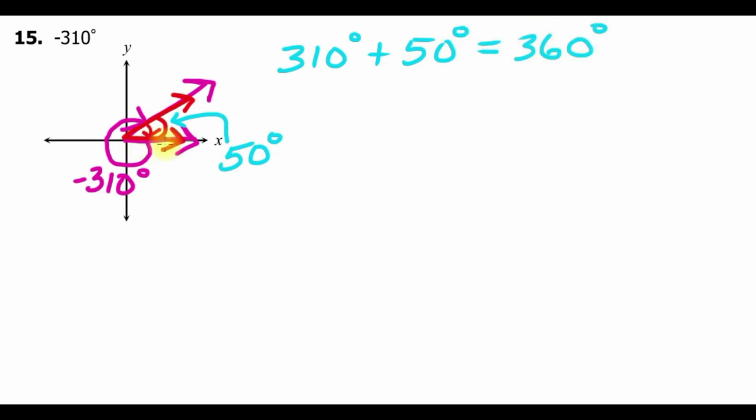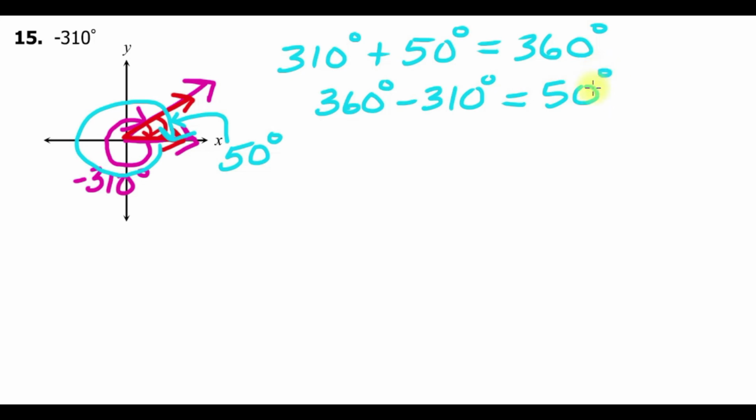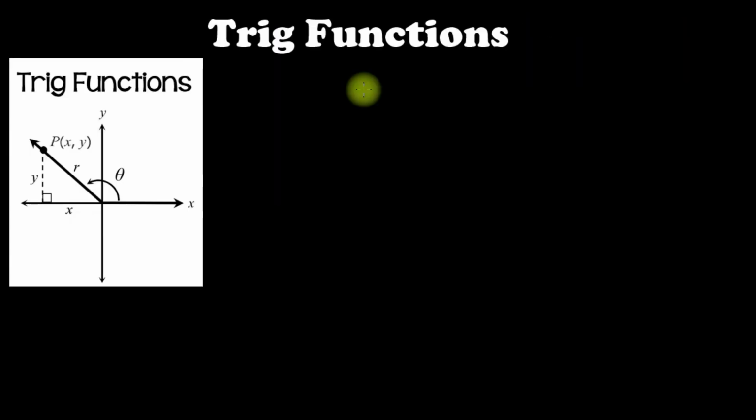Okay, if you rotate one revolution, that's 360 degrees. So if you take 360 degrees minus 310, that's how you come up with the 50 degrees. The last thing here is I'm going to show you guys how to come up with the